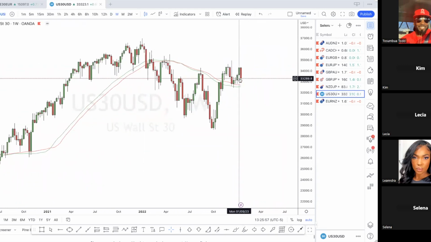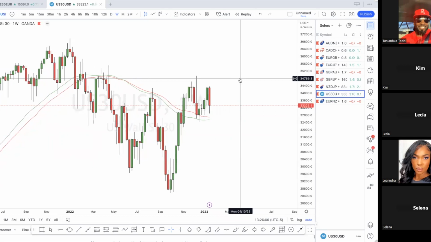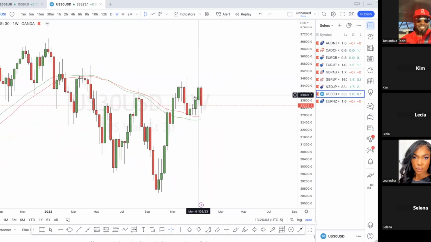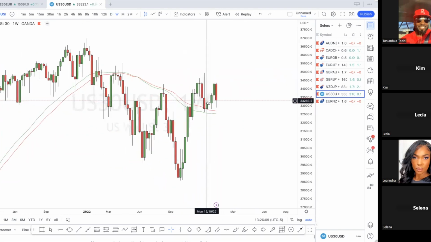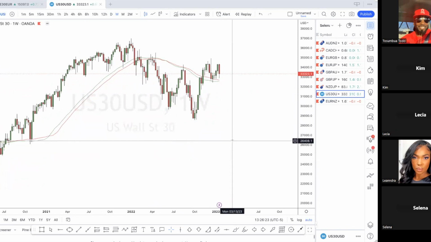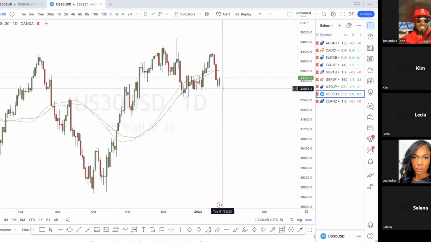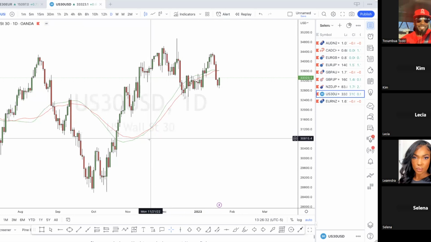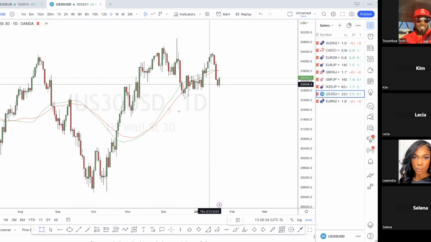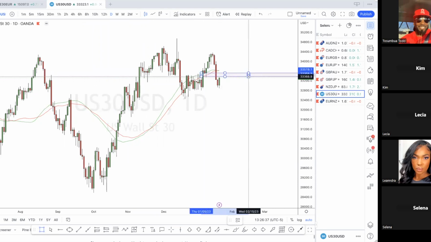US 30, we had a weekly bearish order block. Price did not break these highs. So, because price broke this high and pulled back, breaking these lows, then I'm expecting the pullback for the continuation of a sell down. Make us rich, US 30. The initial move, though, is going to be a buy up to 50% of that weekly candle if you measure. So it's probably going to either come back here